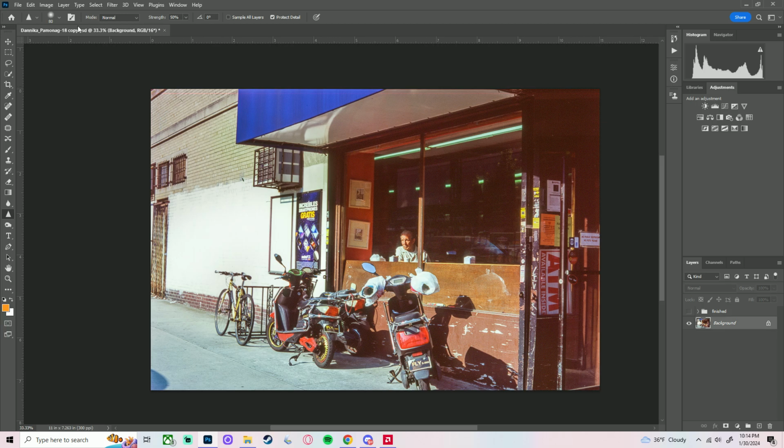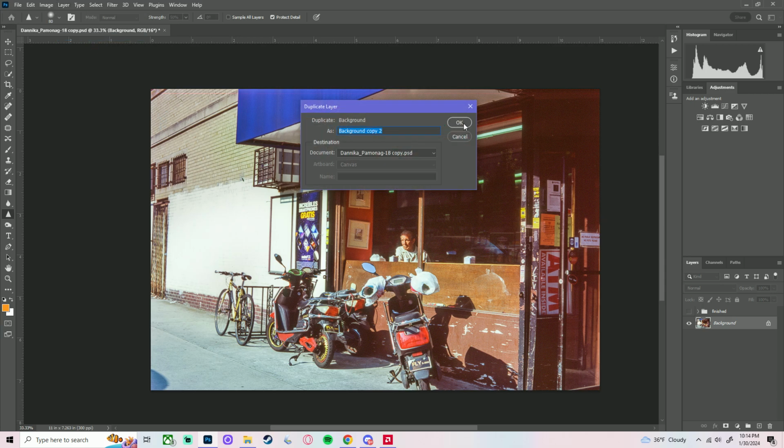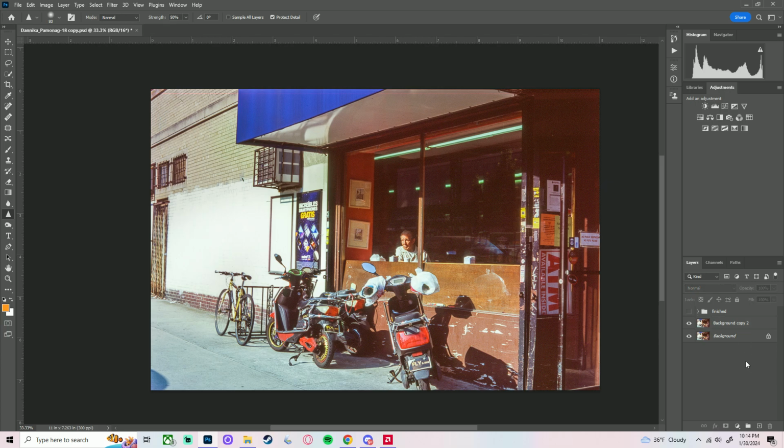Now the next step is to make a background copy. So we're going to go to Layer, Duplicate Layer, and hit OK. Another way to do this is by simply dragging the background copy towards the plus sign, and that also makes a layer copy. So I'm going to go ahead and uncheck the background,